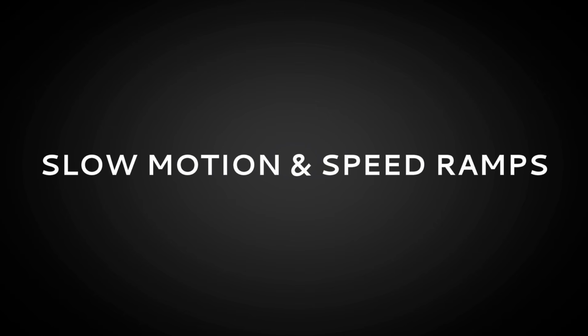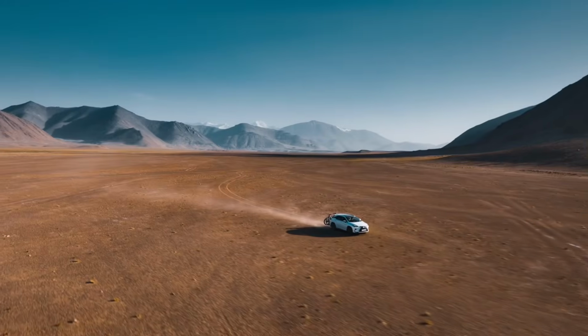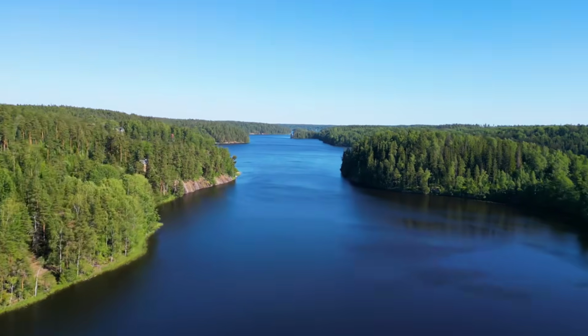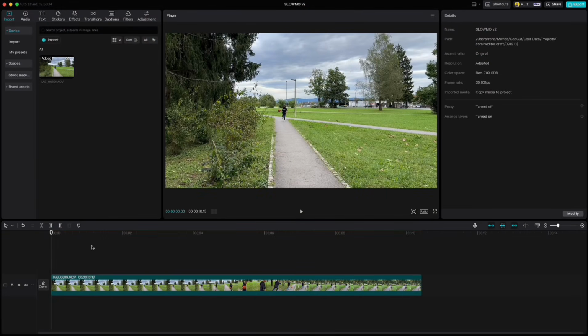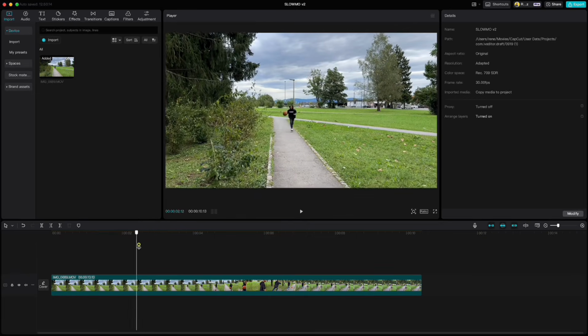Slow motion and speed ramps. We will learn how to slow down the clips, how to speed it up and combine these two. So we are here in CapCut and I have a clip of my son going home from basketball court and